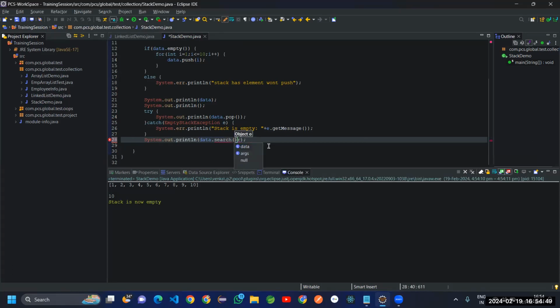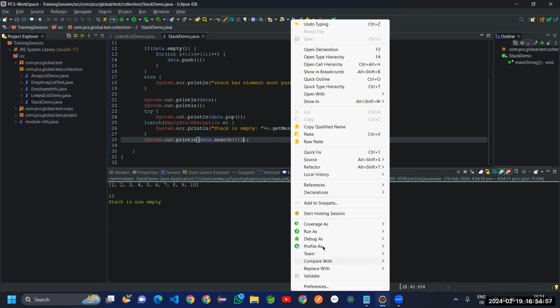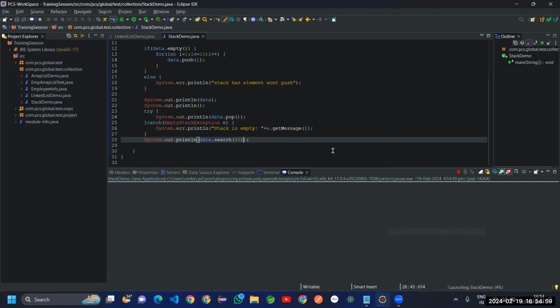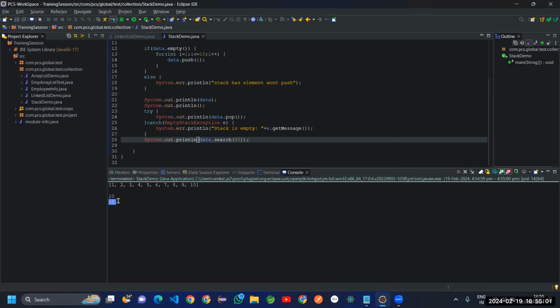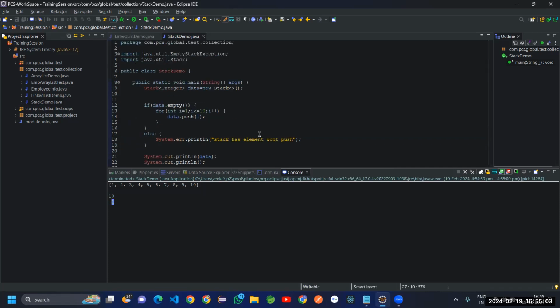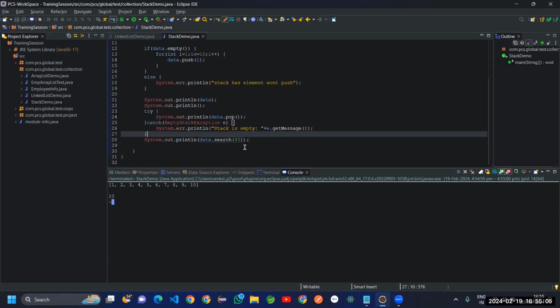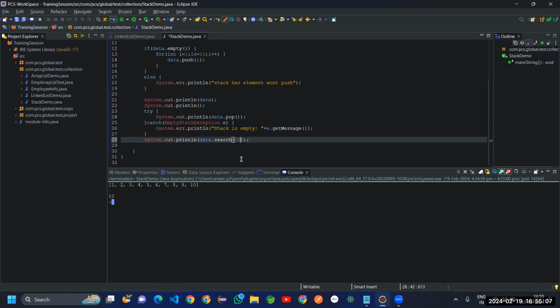Let's suppose you search for 45. It returns -1 because this value does not exist. But if you try to give 10,